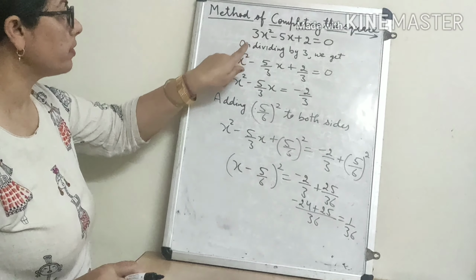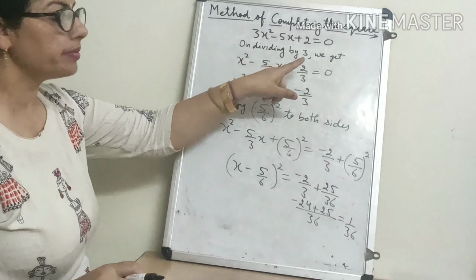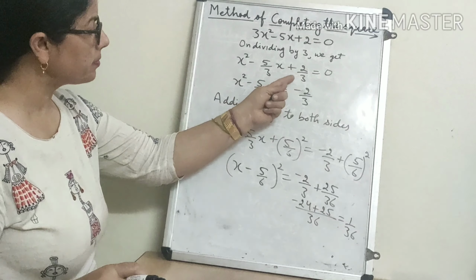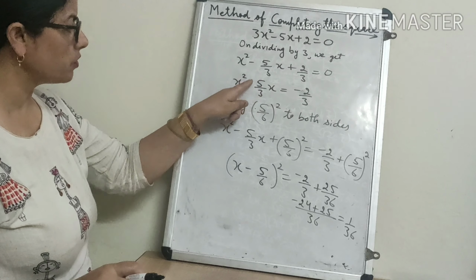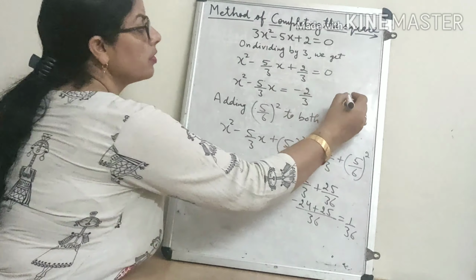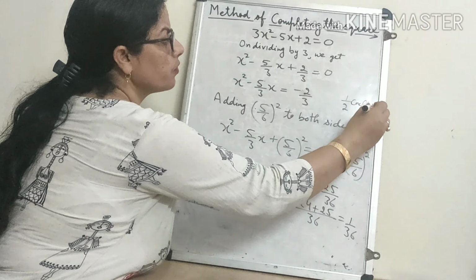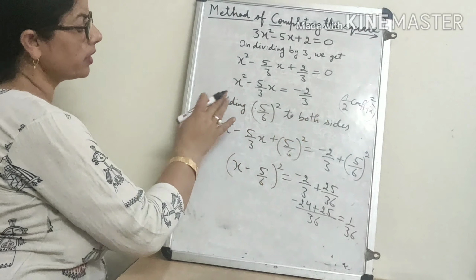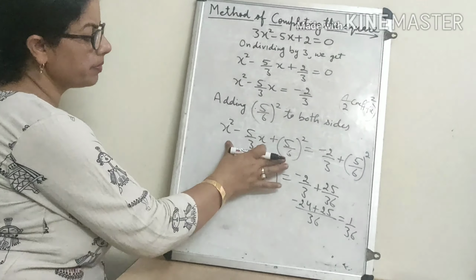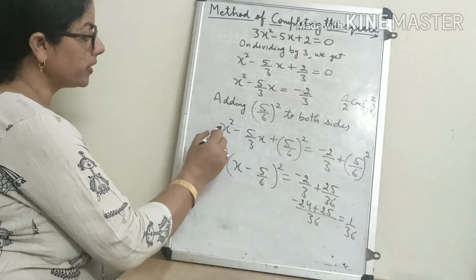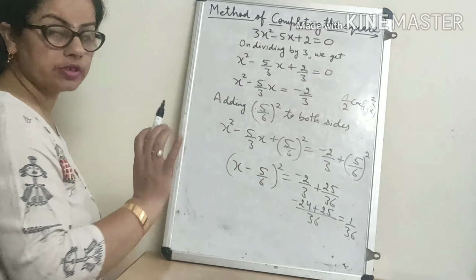First make the coefficient of the highest degree term 1, means if 3 is here divide by 3, if 6 is there divide by 6. Then in the second step shift the constant term to that side, shifted. Now see what is the coefficient of x. So this is the formula: if you want to make it a whole square, half of the coefficient of x whole square, this we will add on the left also, this we will add on the right also. As we add, it will become a whole square. Only see whether all terms are positive or not. All are not positive, one is negative, means a minus b whole square is there.